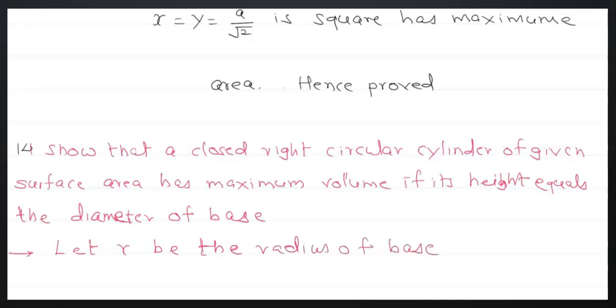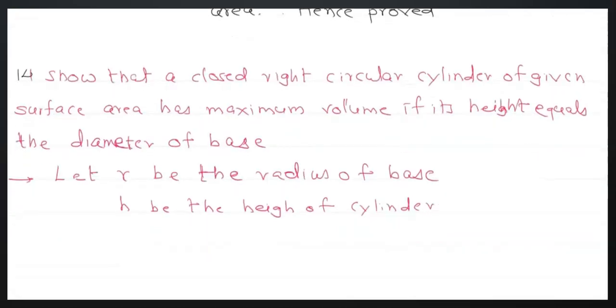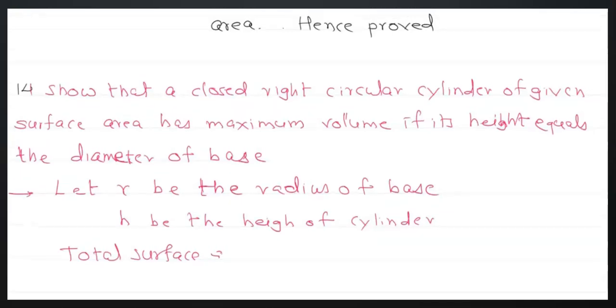Now here, the thing given is the surface area, and using that surface area we want to prove that the volume is maximum when the height is equal to the diameter of the base. Here r is the radius of the base, h is the height of the cylinder. The total surface area